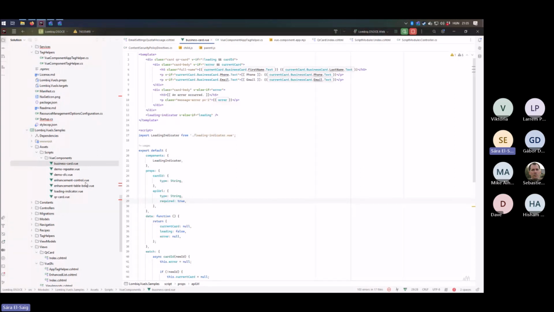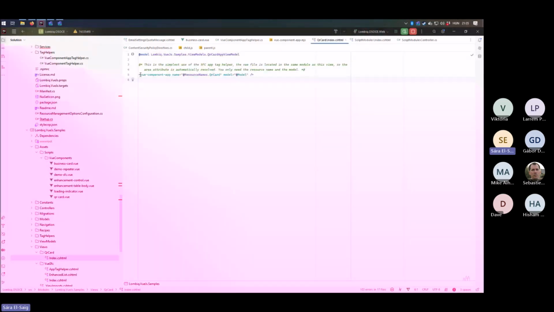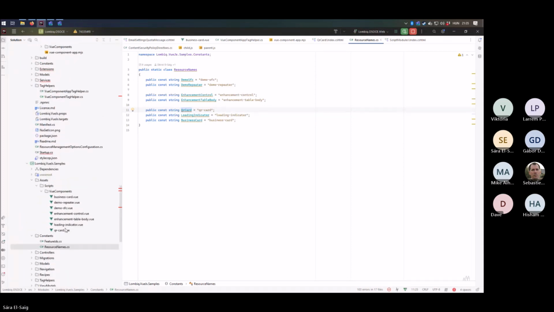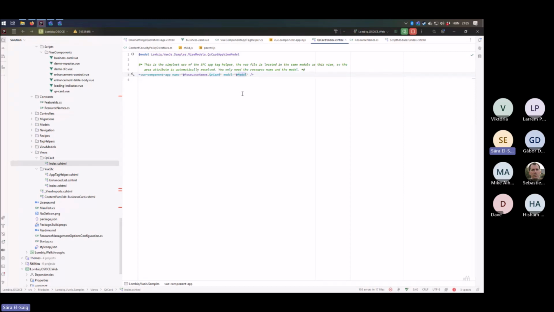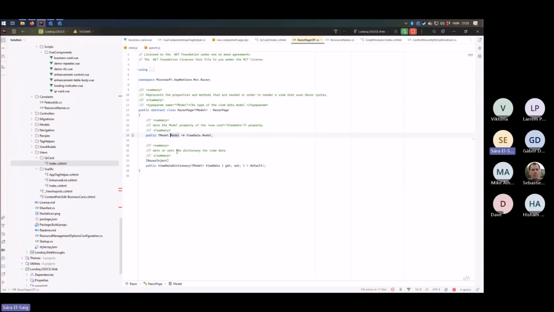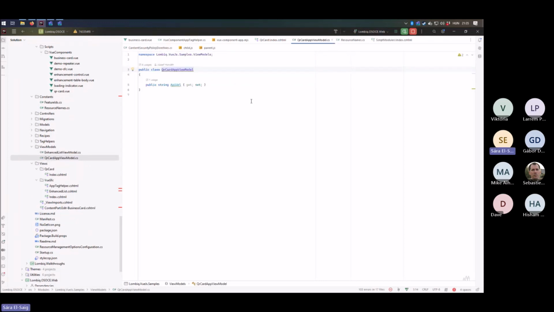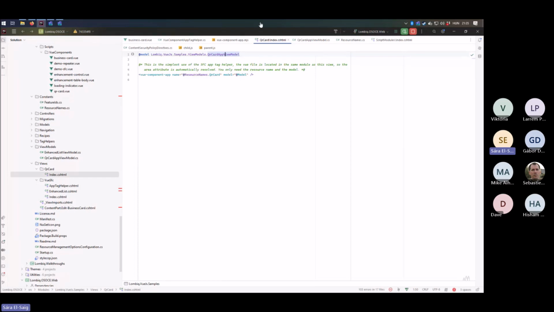And from your so that means that for the end user, all they have to do is just use our app tag helper and give it a name, which is the file name of the Vue file that is the main app, and pass in a model, which is just an object. I believe in this case, it's literally just an object that contains just a string parameter, but that's kind of beside the point. Instead, the point is that